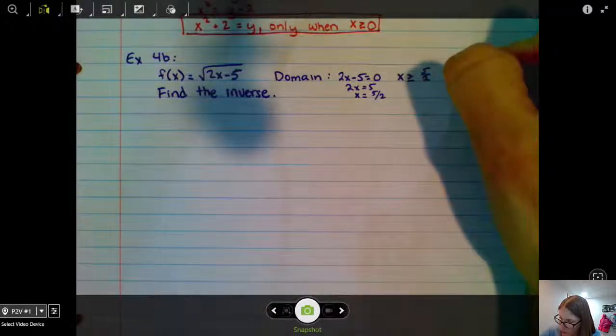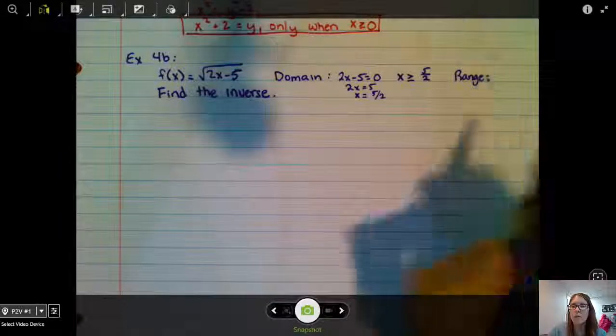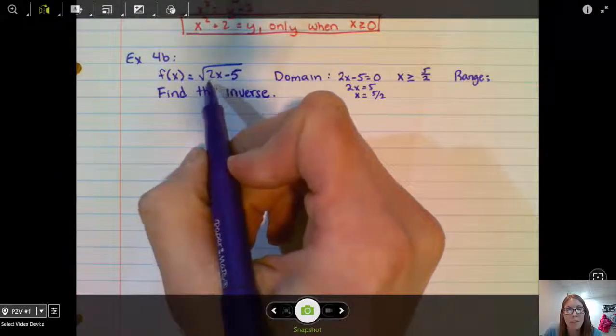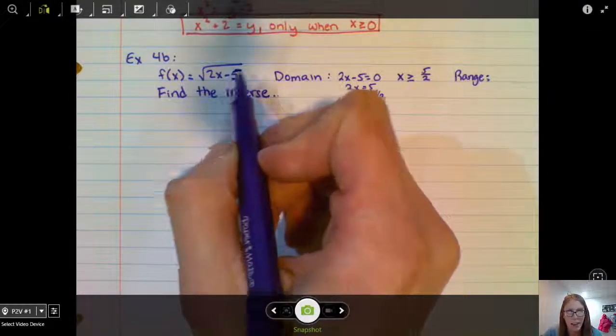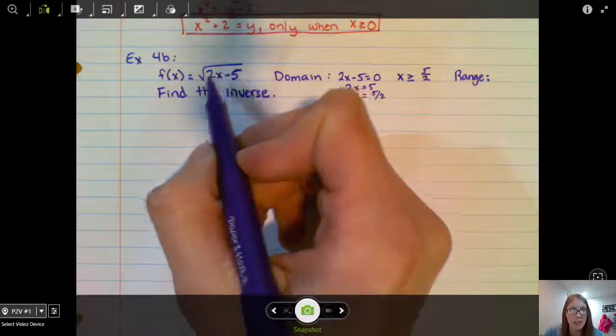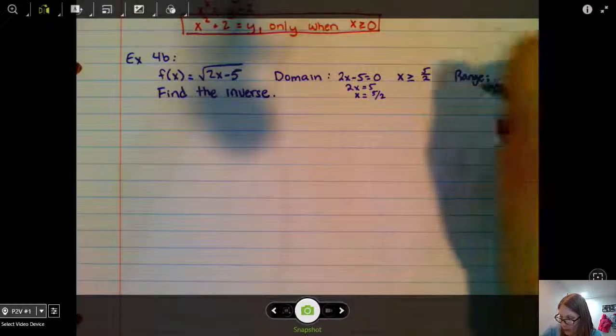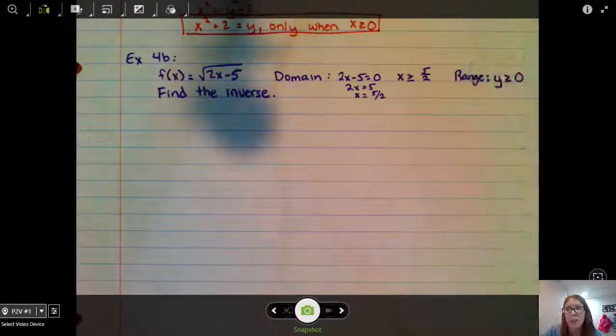And then my range, similar to example 4a, my smallest number that would be underneath the square root is 0. Okay, can't have a negative under here. Smallest number under the square root is 0, which means when we take the square root of 0, we get 0. So my range, all my y values have to be greater than or equal to 0,